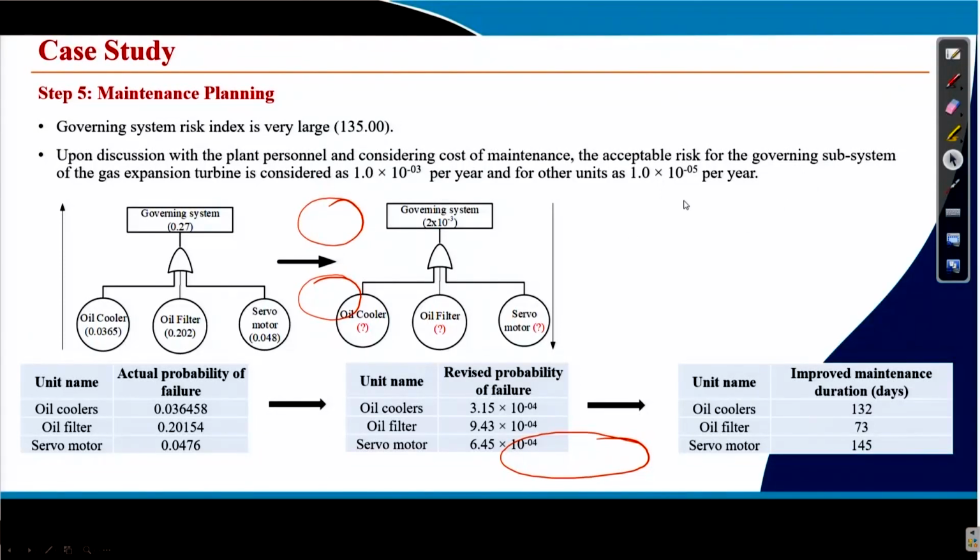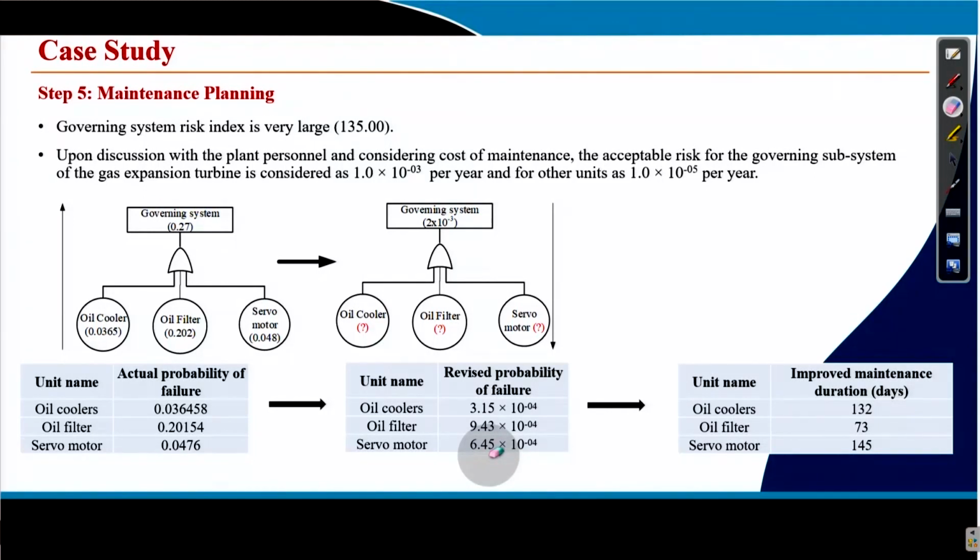Then what we have done, we thought that if you want to improve the risk, means reduce the risk of the governing system, then you have to understand what are the components that are contributing to the risk of the governing system. That means you further break down the governing system,